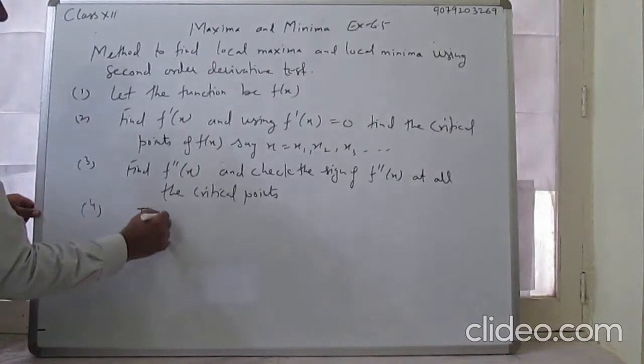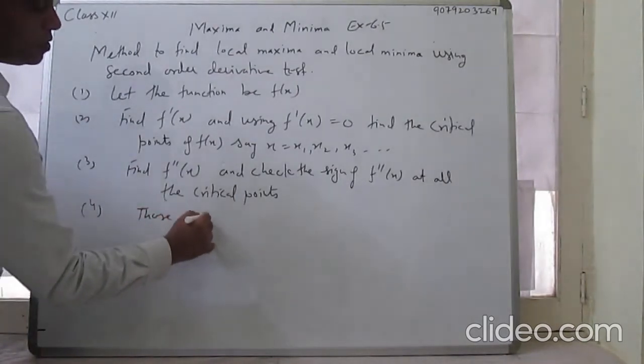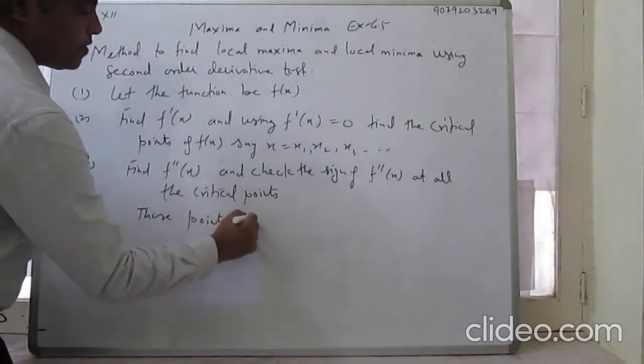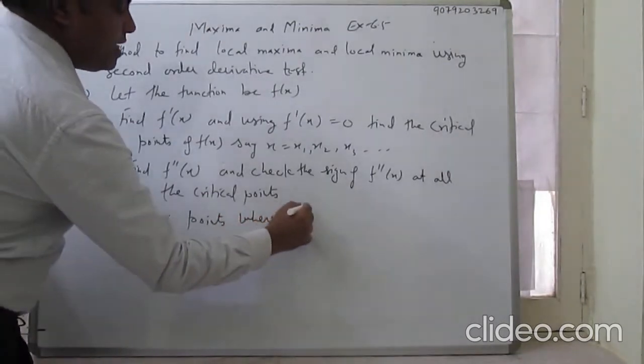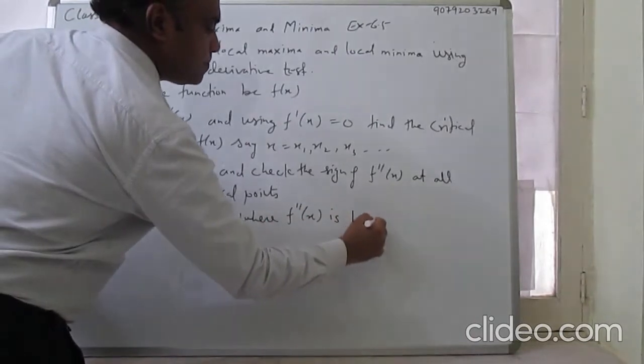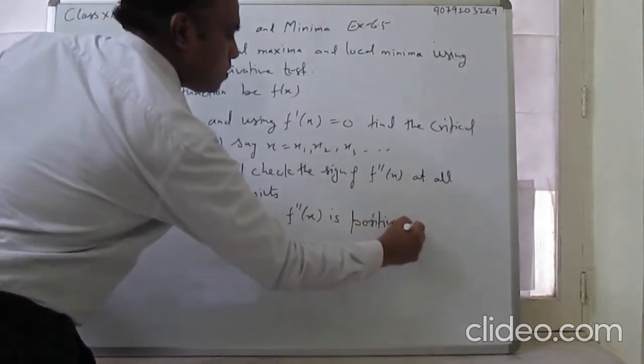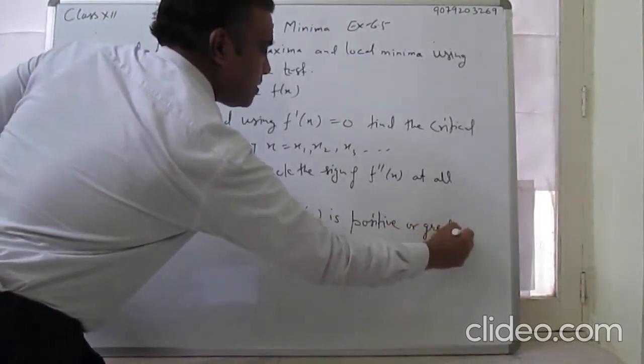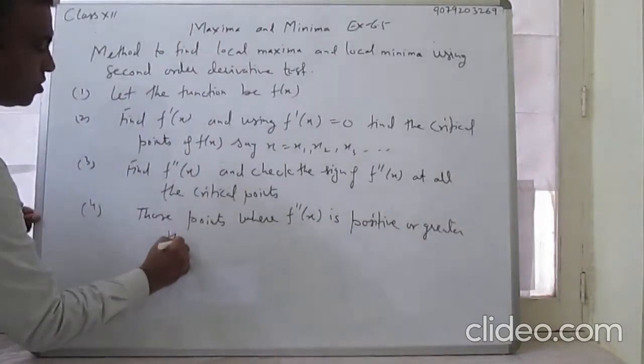Those points where f double dash x is positive, or greater than 0,